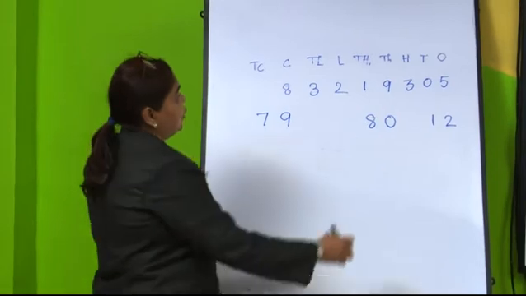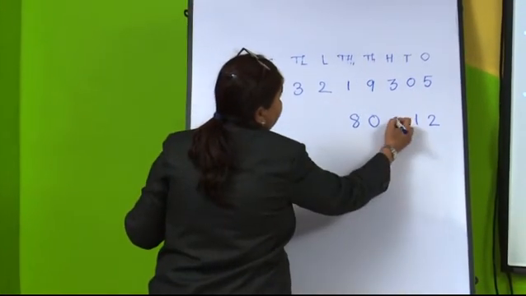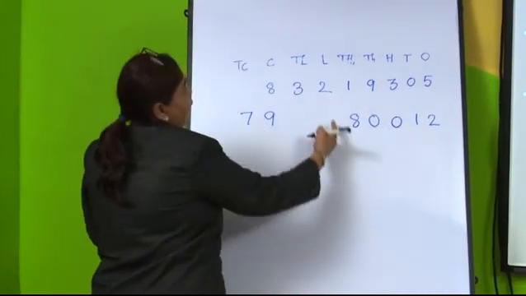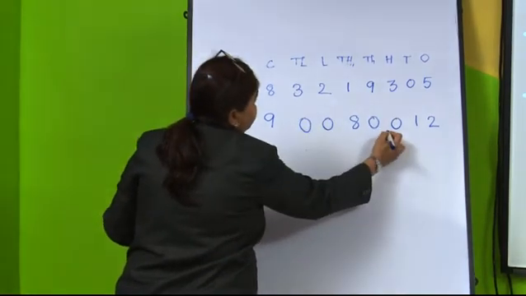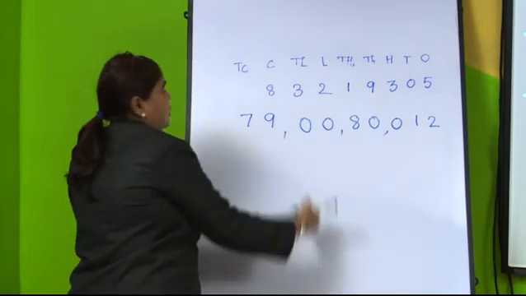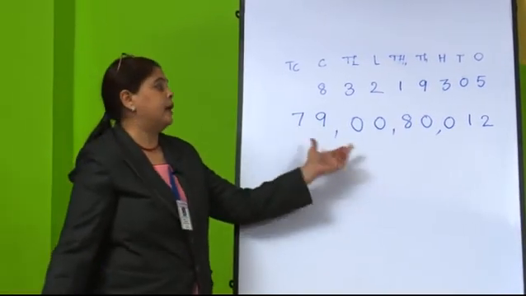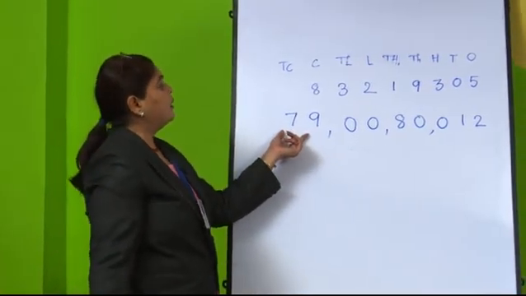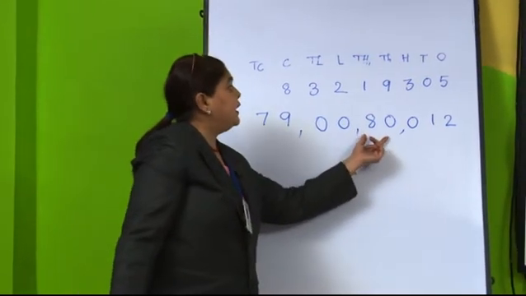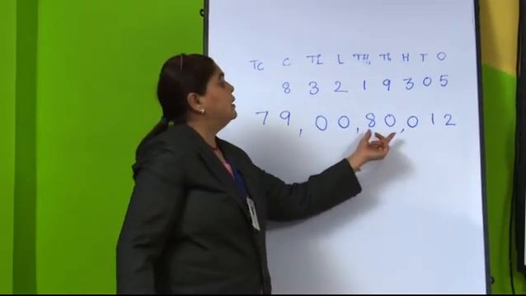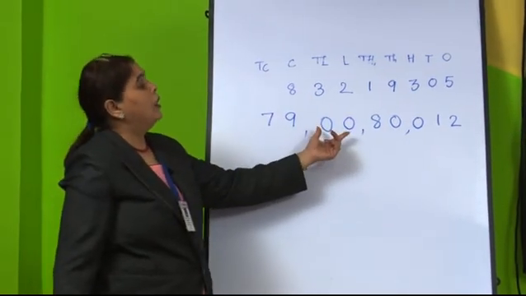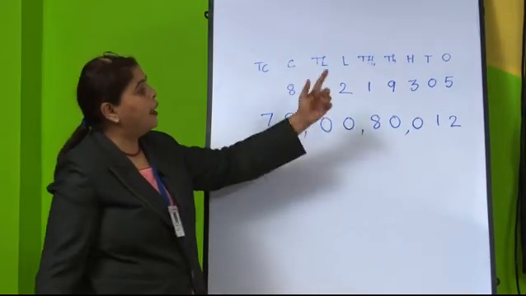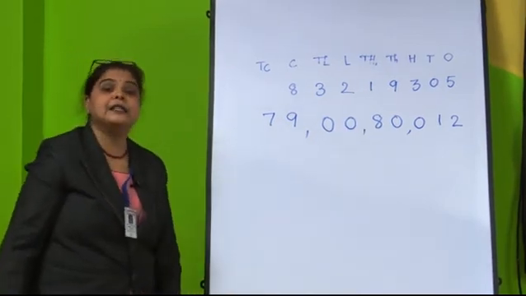I have to cover these places where I don't have place values. I have to put 0. Here I am not having hundreds, so I am putting 0 here. Even I don't have lakhs there, so I have to put 0. So, after 3 digits, 2 digits, 2 digits, now you can read this number: 79 crores 80,000 and 12, because we don't have lakhs and hundreds place value, so we are putting 0.